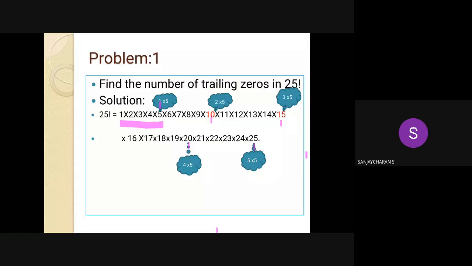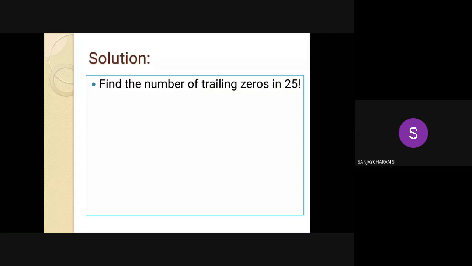Okay. This is the explanation for that one. If you understand it, well and good; otherwise just use the formula. Solution: find the number of trailing zeros in 25 factorial. The solution is,